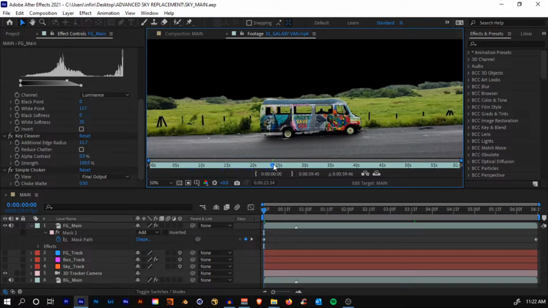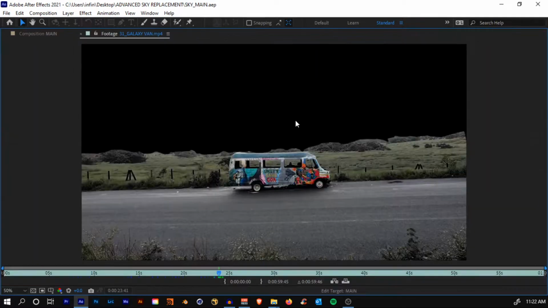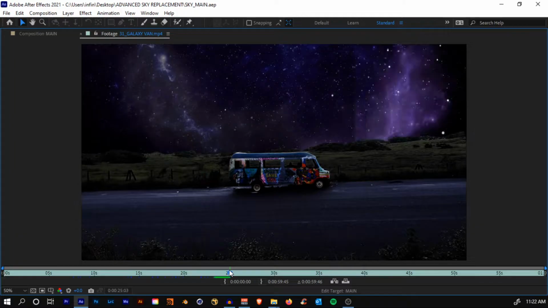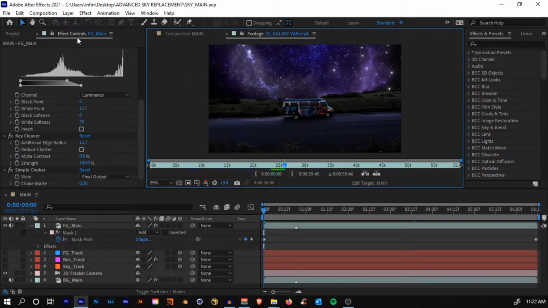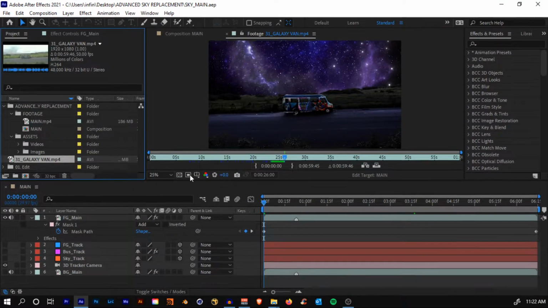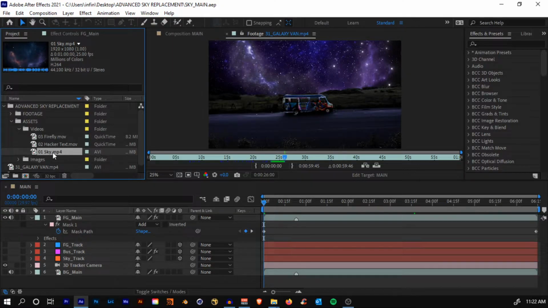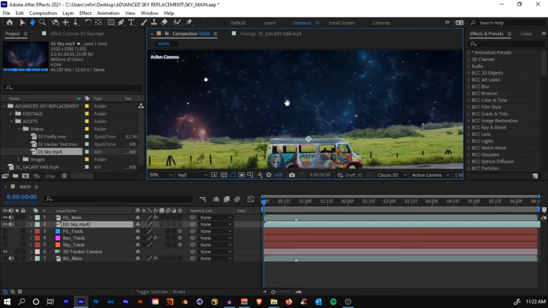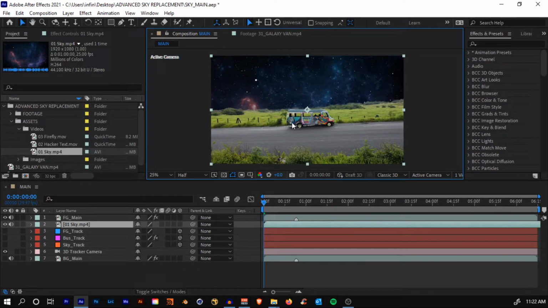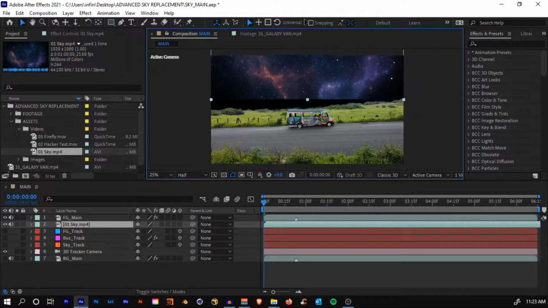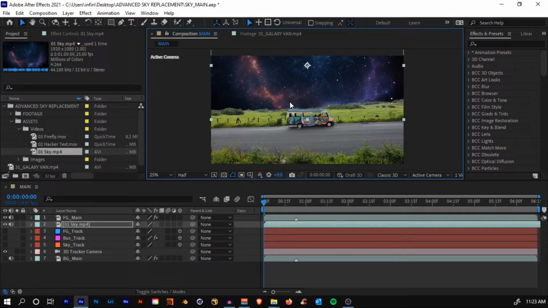Now what's the second part? The second part is to color correct our footage to match the sky. Okay, so if you come to the project panel and just come onto the assets videos, and just drop the sky underneath the foreground main. Right there, you'll see that we have a sky, and currently I'm just referencing the sky to color correct our footage.